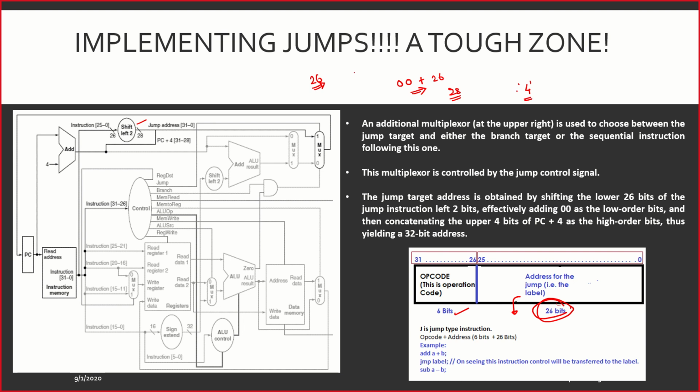Remember, I am taking the higher order bits. So the higher order bits are available with me. When you add the higher order bits with the already available lower order content, you will get the complete address, and that is the location where we need to jump. That's it. So this part is simple, and I believe I explained it. If you have queries, I can explain it once again as well.